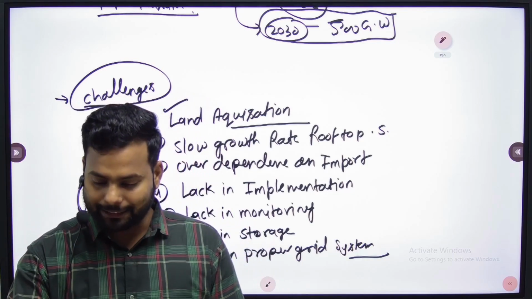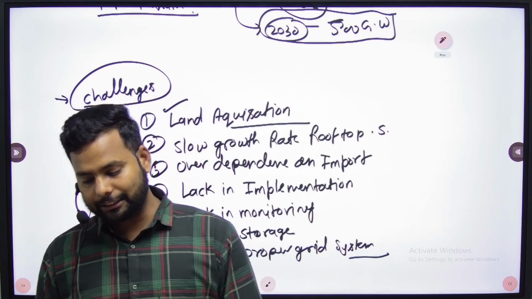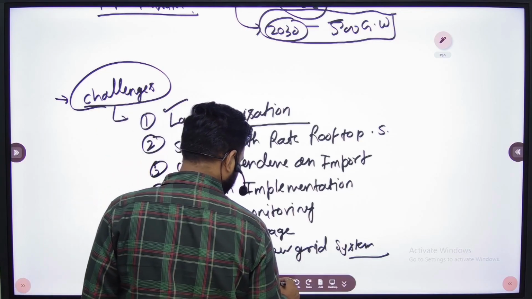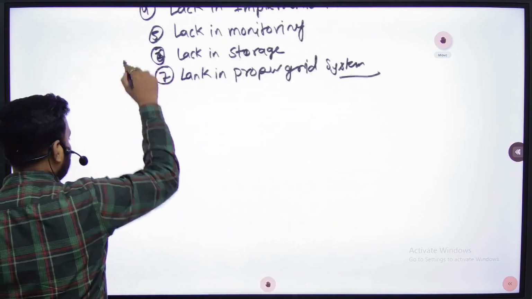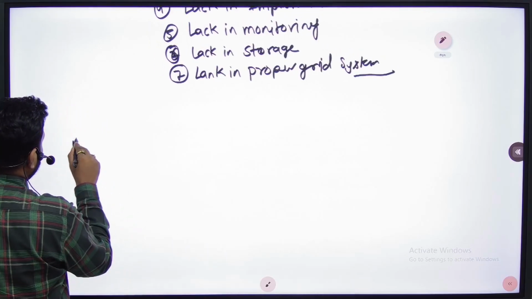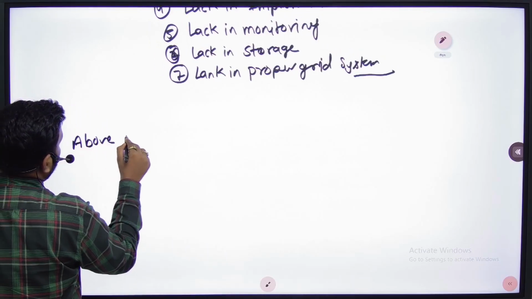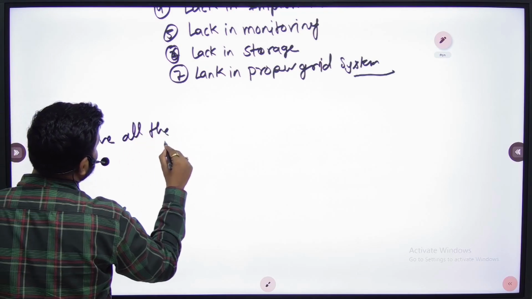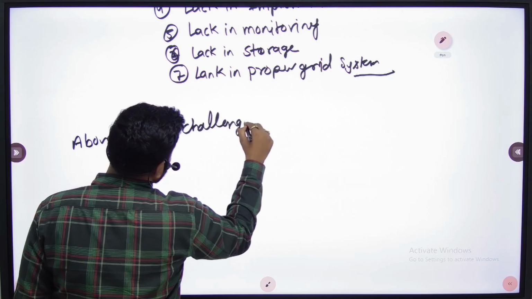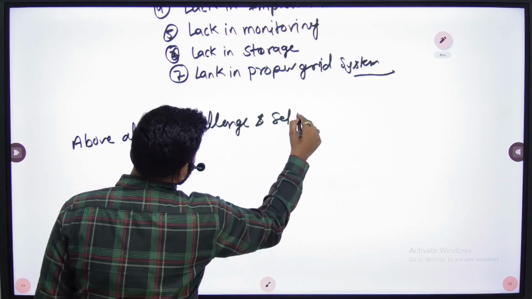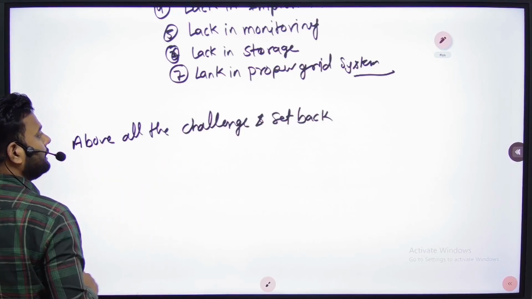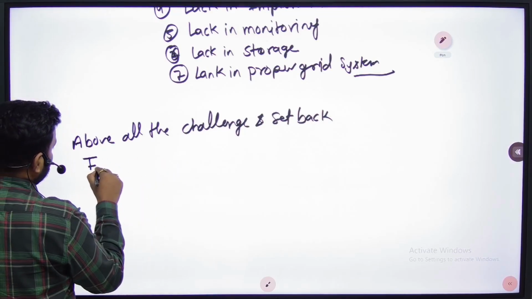अब इसके बाद क्या कर सकते हैं भाई, फ्यूचर में क्या कर सकते हैं, तो ये लिख सकते हो कि इंडिया सोलर एनर्जी, इंडिया कंक्लूजन में कि above all the challenges and setbacks, above all the challenges and setback, India